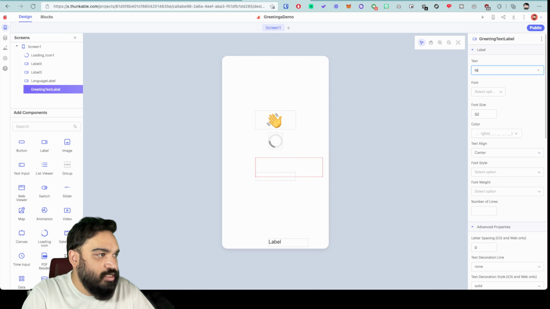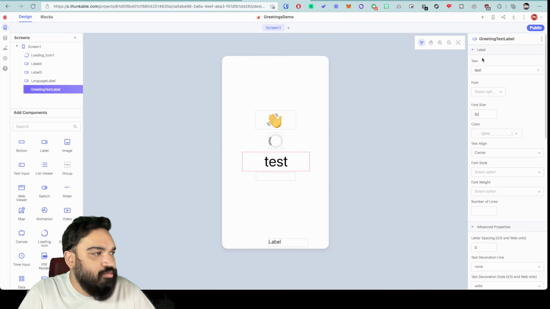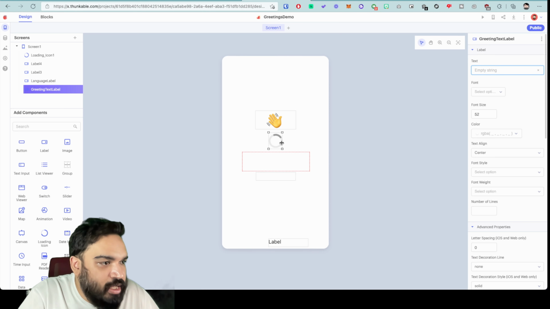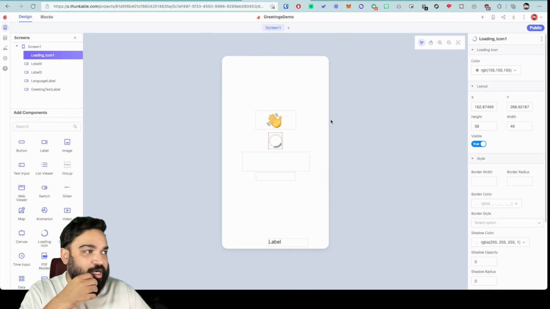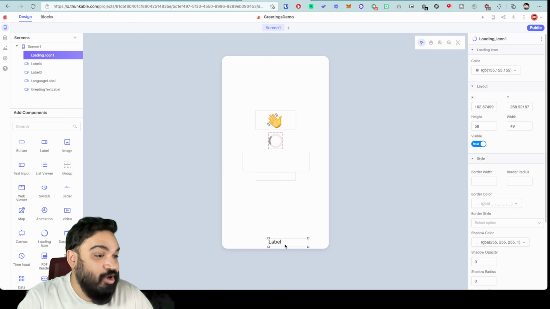So let's see, text, align this. I'm just using the test text to align it to the center and make sure it is looking good. Right now disable this, and now the loading icon should be visible by default, and we have to hide it once the API call is done. So our components are ready.